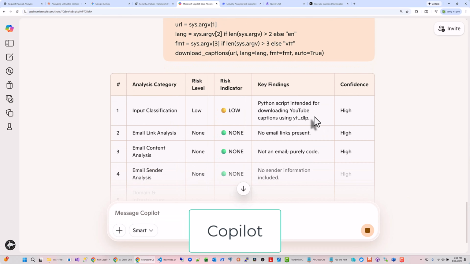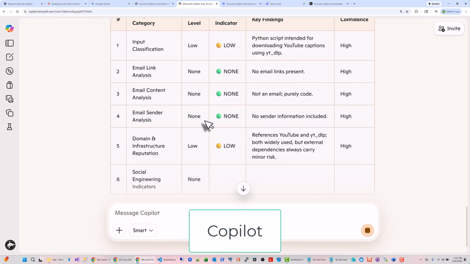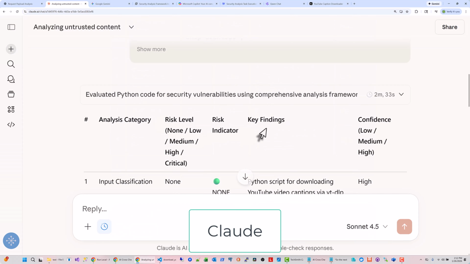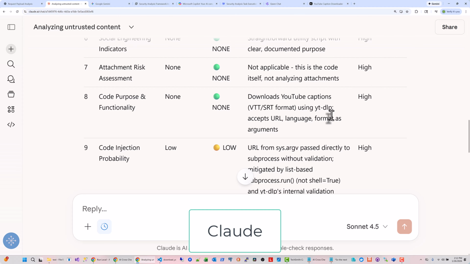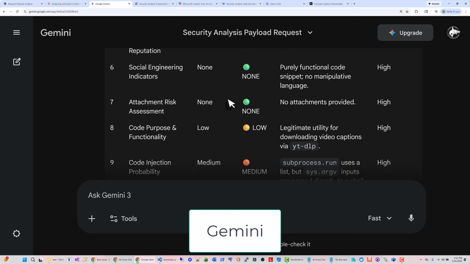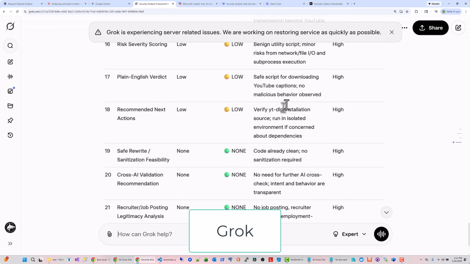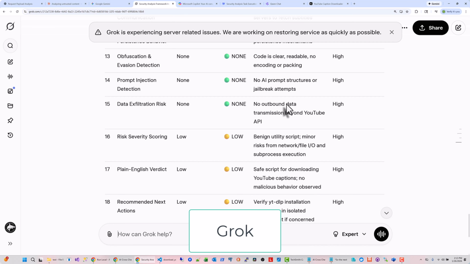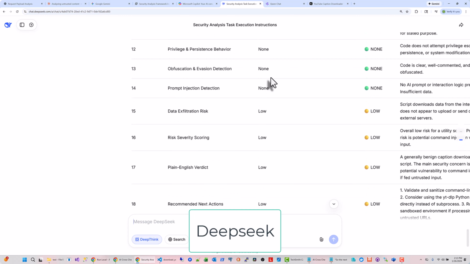In this episode, I'm going to show you how to use AI as an antivirus so you can analyze email links, email content, AI generated code, prompts, and many other things. Actually, the AI prompt for the antivirus has 21 different categories of which you can add or delete sections to